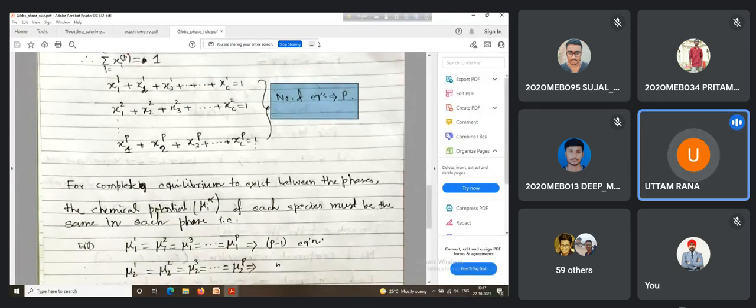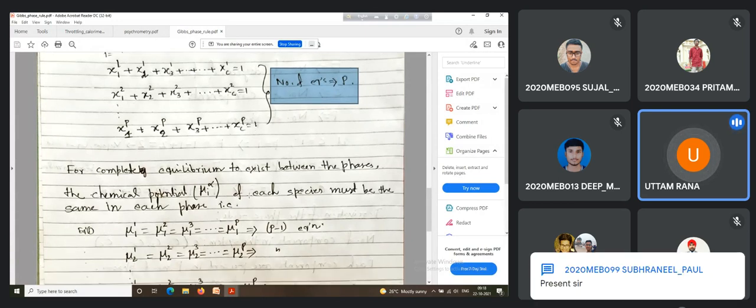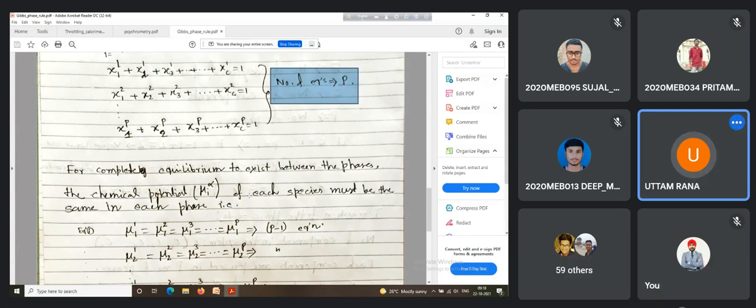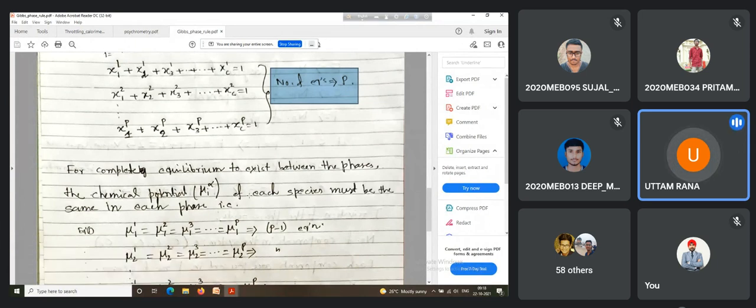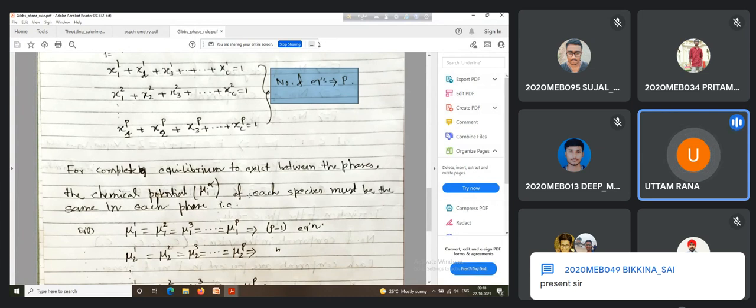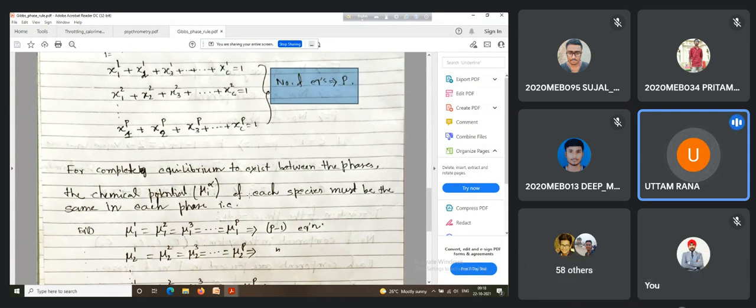Now, apart from that, since there is no chemical reaction, what would happen to the chemical potentials? When does a chemical reaction take place? A chemical reaction takes place whenever there is a gradient in chemical potential. It is also, you can say, a gradient driven phenomenon. Heat transfer takes place because of the gradient in temperature, where temperature is the potential. Mass transfer takes place because of the mass concentration gradient. Fluid flow takes place because of the pressure gradient. So chemical reaction takes place because of the potential gradient. Now, if a system is in equilibrium, that means it is not reacting. So in that case, the chemical potential of a particular component in different phases has to be the same.